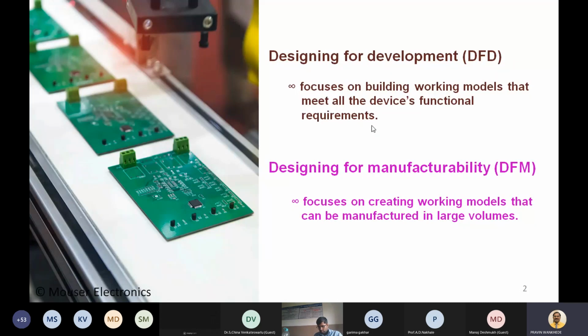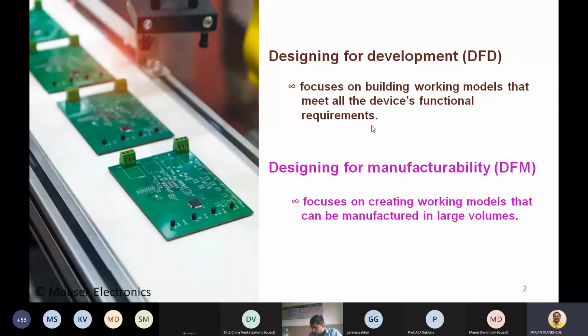DFM needs to solve a different set of engineering problems. We can describe DFM as designing a product so that it is easy to manufacture. That is very important, so that we can easily manufacture the product, making assembly as simple as possible, selecting components based on cost and performance, and working out your supply chain. See how many different problems are associated with designing for manufacturing.